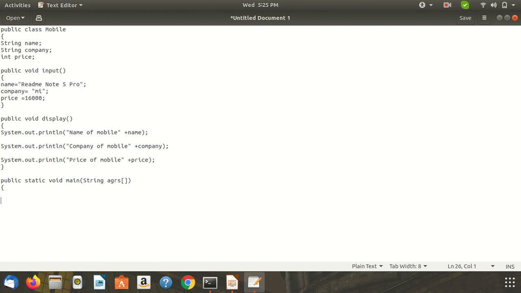Then create the object of the Mobile class, Mobile m1 equal to new Mobile, and then give the brackets.